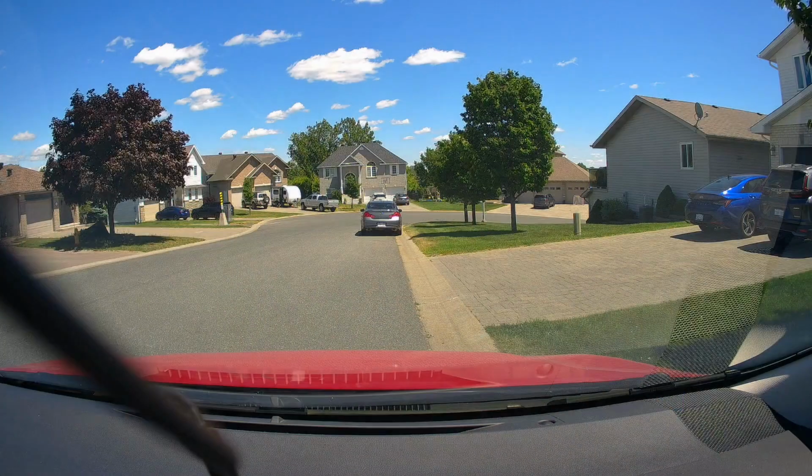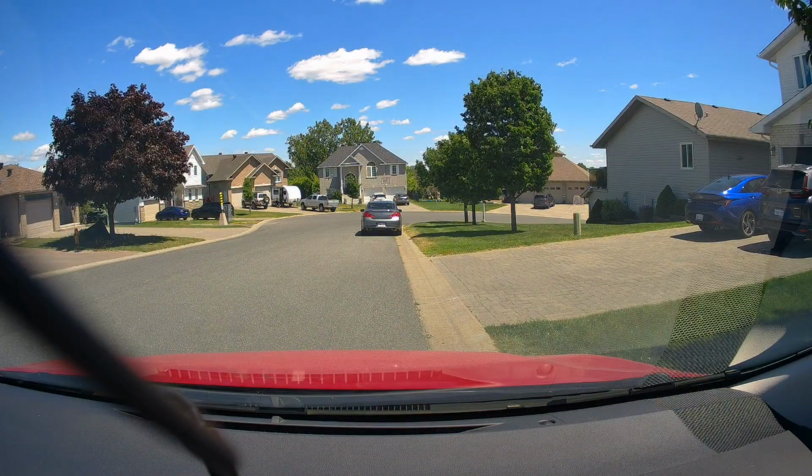Okay. And now what? Well, I'm still on the right side, so then it'd still be this way. Yeah, and that totally makes sense. Because now if you get hit or if the brakes fail or something, your car's going to roll off onto the grass instead of going down the road and hit that car or